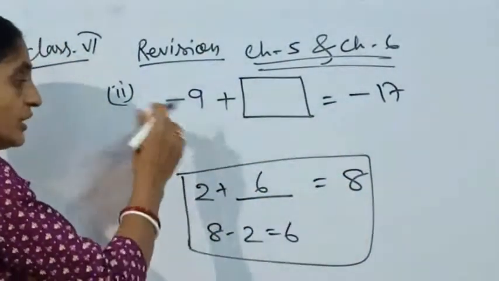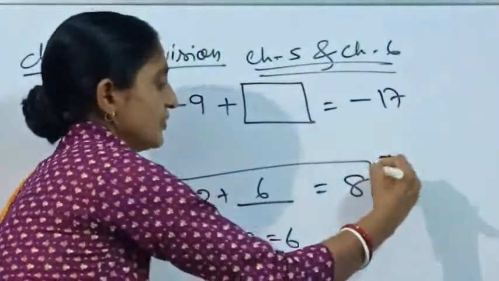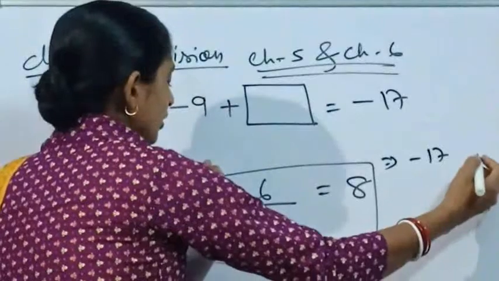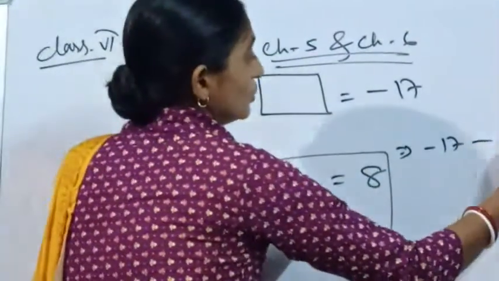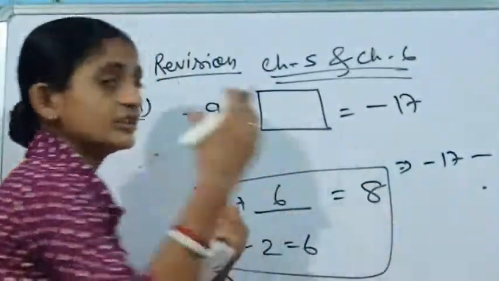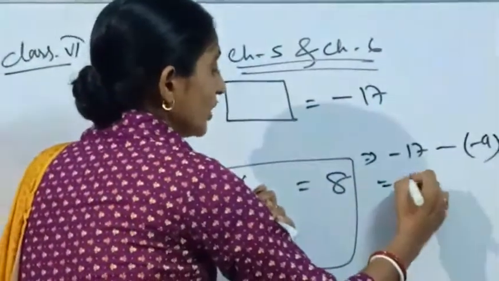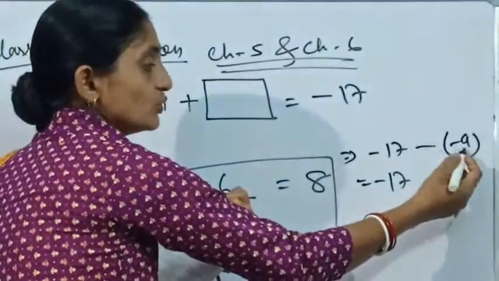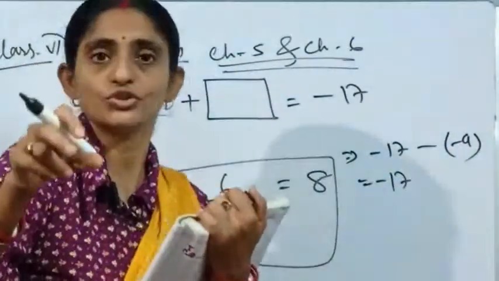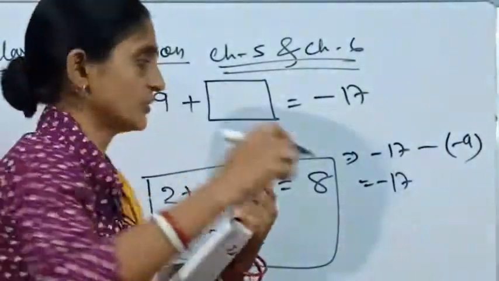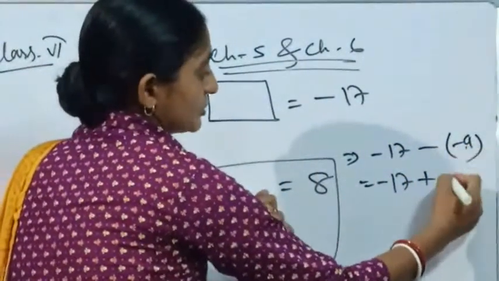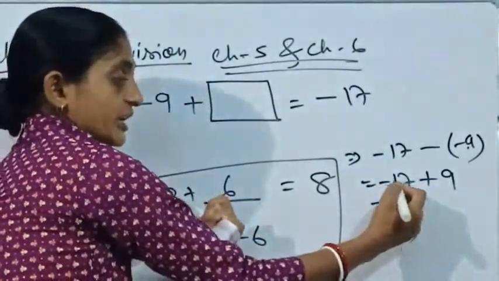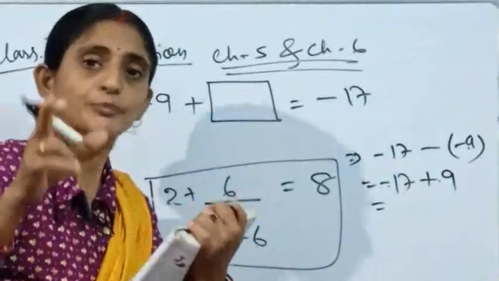What I will do here is some rough work. Here I can take -17, this is the sum, and from that I subtract the given number, that is -9. Whatever I get will be the result. Here one more thing is given. See, it is -9, so in this case, if you are asked to subtract a negative integer, then it's better to add the additive inverse. The additive inverse of -9 is definitely +9. After that, again you can see one is negative, one is positive. That means we will go for the subtraction.